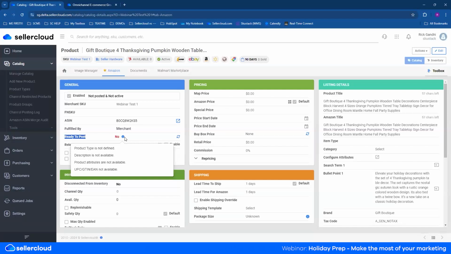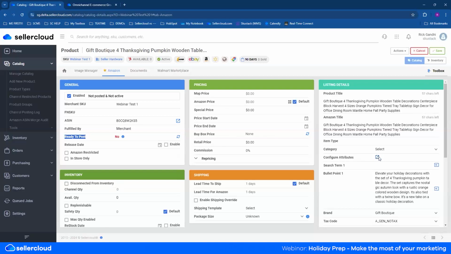Now this one is saying the product type is not defined, description is not defined, and the attributes are not defined, right? So we also have the ability now to create a new ASIN in Sellercloud as well. So this one obviously already has an ASIN. However, if I go to my configure attributes under my listing details right here, I can click edit, configure attributes,